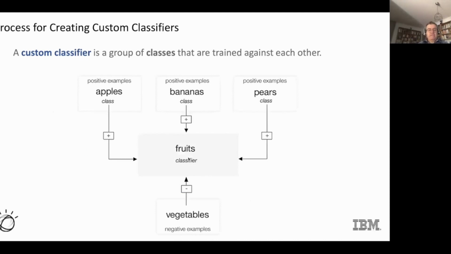The process itself, and you will experiment with it in the Watson Visual Recognition environment, is to create a group of classes, a group of positive examples. So let's say, for example, you want to analyze pictures of fruits: apples, bananas, and pears. So there are three elements, three classes, three sets of pictures that you want to use to create a fruits classifier. But you need as well, sometimes we say it's optional,